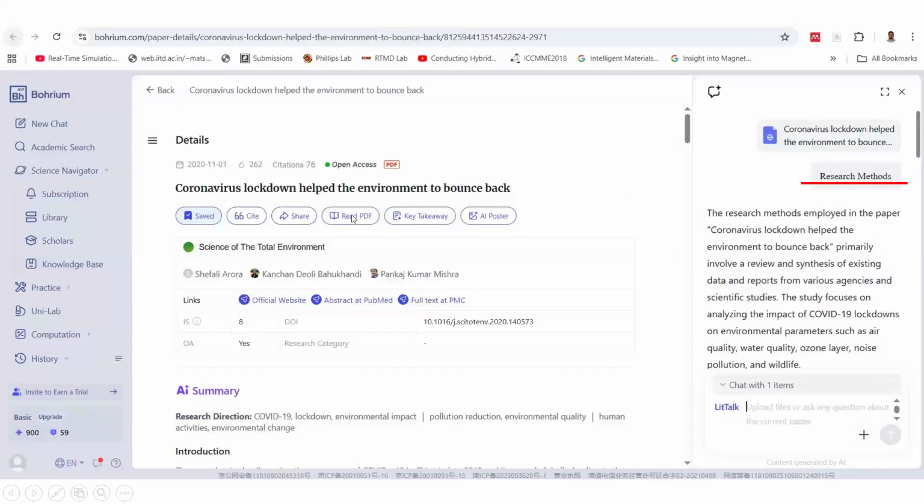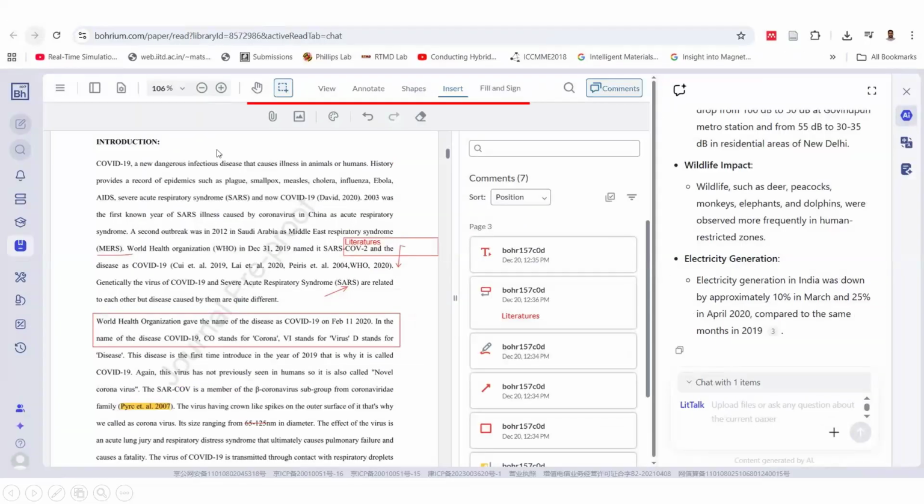Then at the top you can see there is an option called Read PDF. When you click this Read PDF, it will take you to this screen. See, simple. Ten years before, even many senior researchers, we would take printouts and start highlighting, put an arrow and create some notes, right? Whatever we did physically during the literature review, the same options are available online. You can create a tab, shapes, annotations, you can highlight it. All options are available